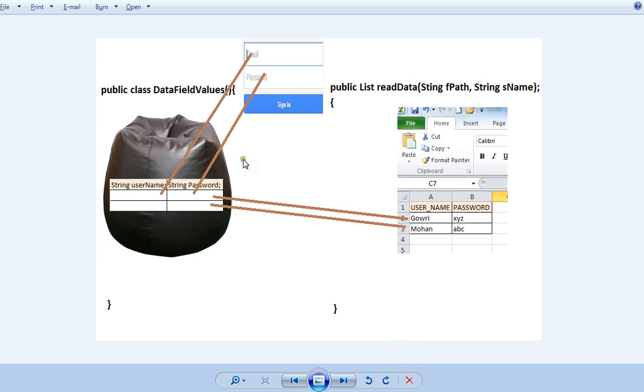Here is a bean bag. So what will be there in the bean bag? We'll be having a lot of beans. Likewise, I will create one class something like data field values. Inside this class I'll create so many variables like beans. Those variables are going to be used to store the data I'm going to read from Excel sheet